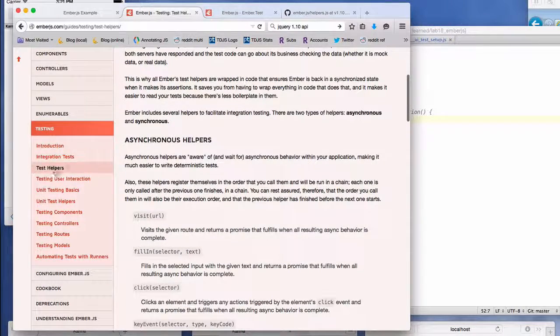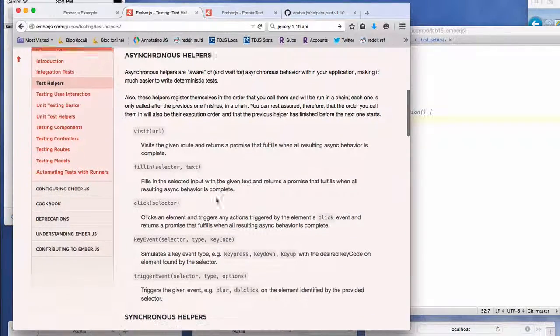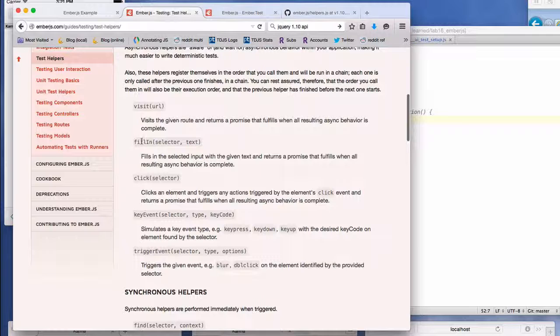First thing I looked at was Ember's integration tests, or what they call integration tests. It gives you a bunch of helpers, which are global variables or global functions that you can call. And one of them is fillIn, that changes the value of a text field. That seems like a really great tool, right? You'd think so. But when I tried to use it, oh boy, did that take me down an incredible